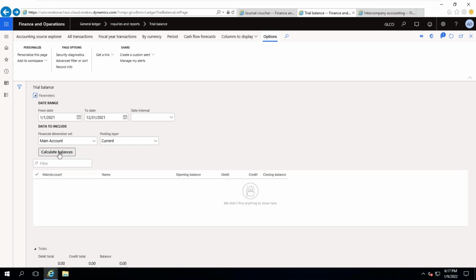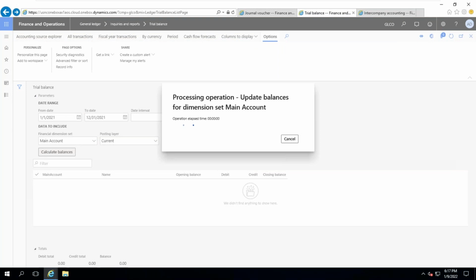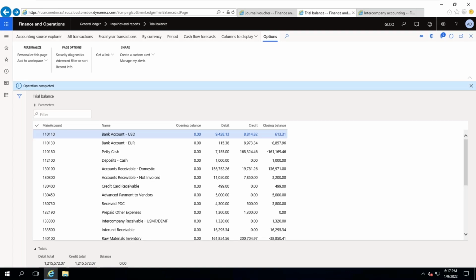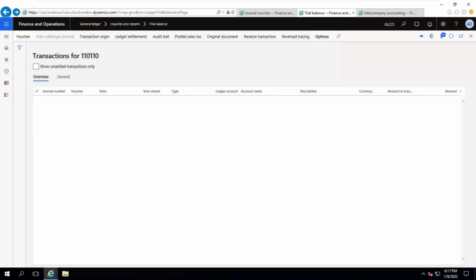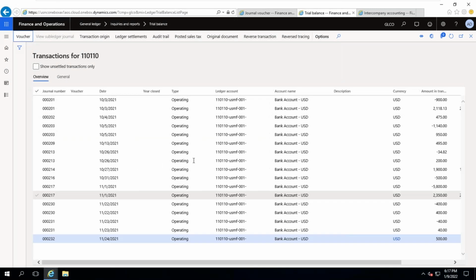Look at this one. It will show you all the data combined. In all transactions, it will show you the USMF company, INMF company, DEMF company, all the data.